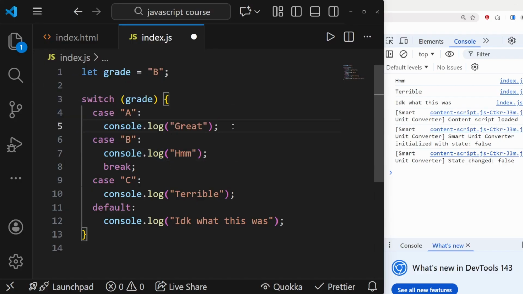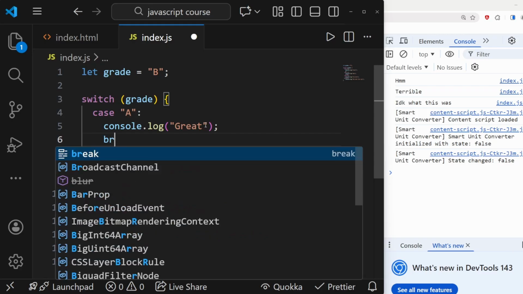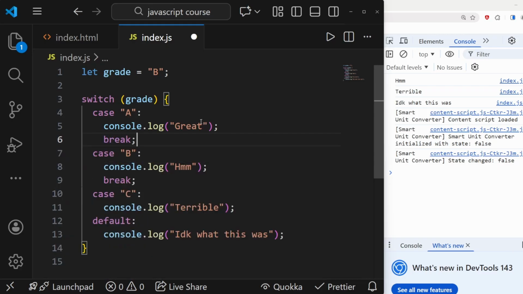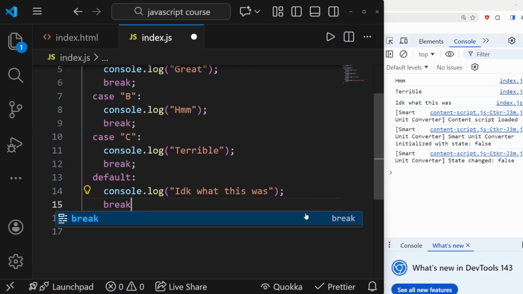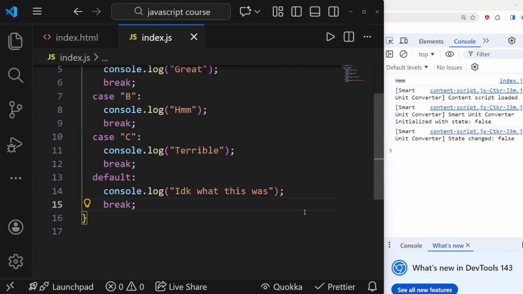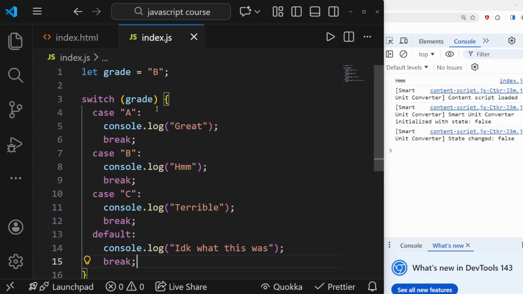And we need the same for everything else. So if we are having an A, then we want to console.log grade, but then we want to stop the code from executing. So if case A is true, do this, otherwise check for the next case. If case B is true, do this, otherwise check for the next case. And of course, if we're doing this because case B is true, for example, we are then at the end breaking out of this condition or out of this switch statement. And of course, for default, we technically do not really need this, but we can just add this right here. And now we're getting, because we have a B,